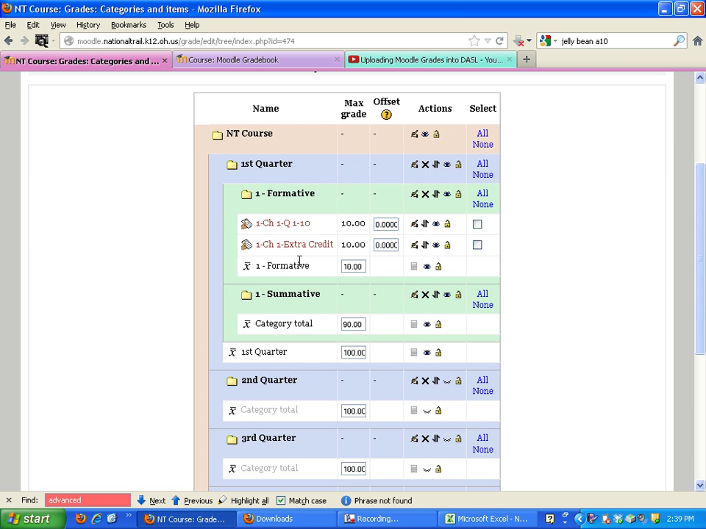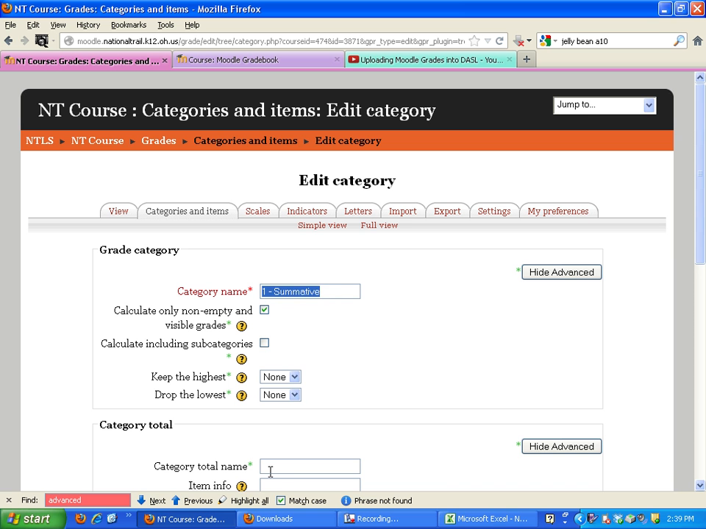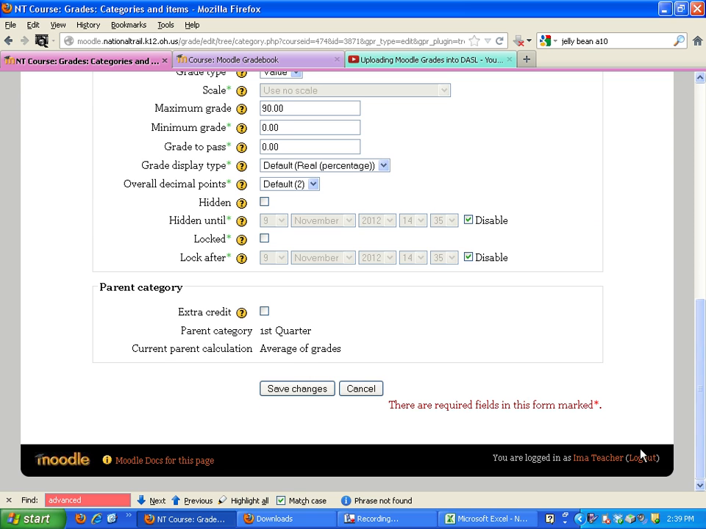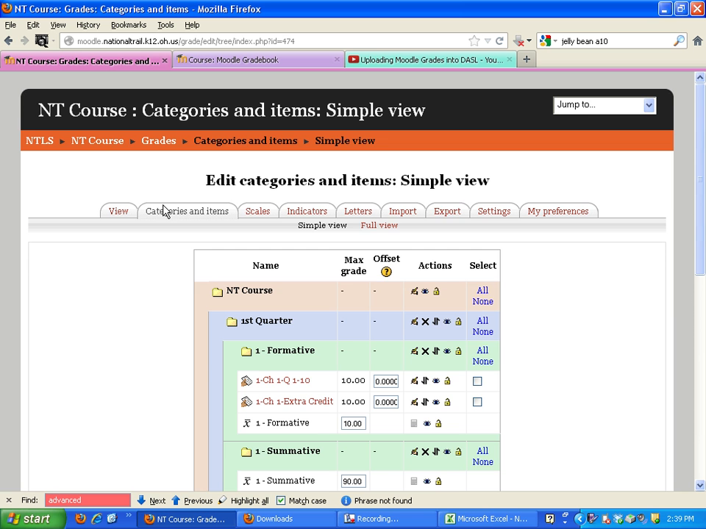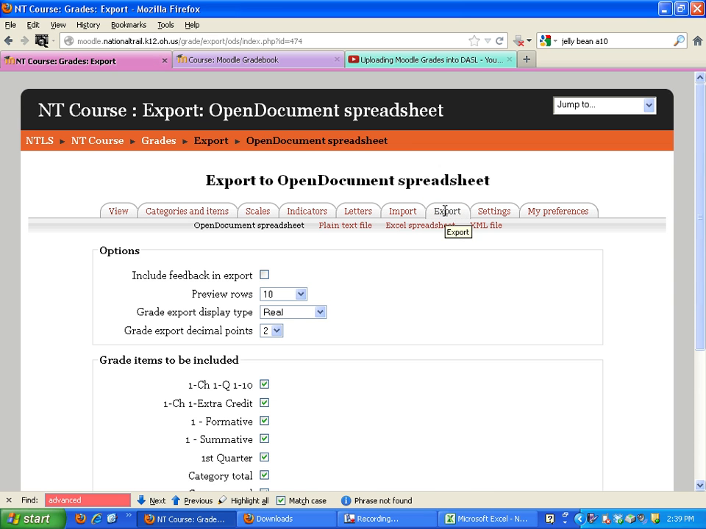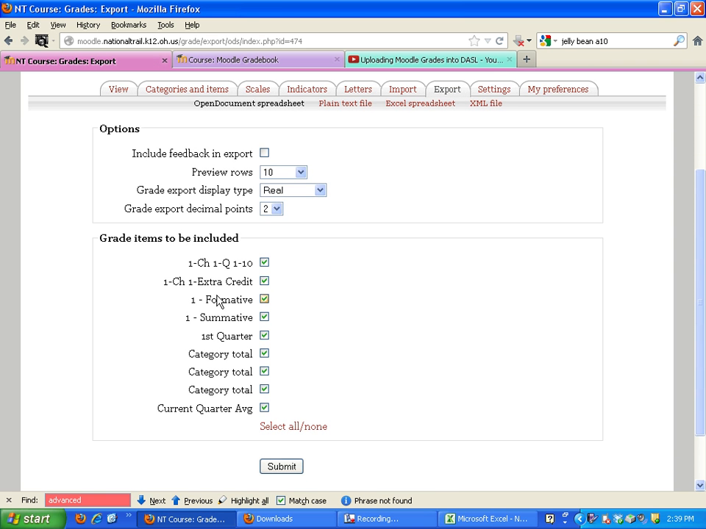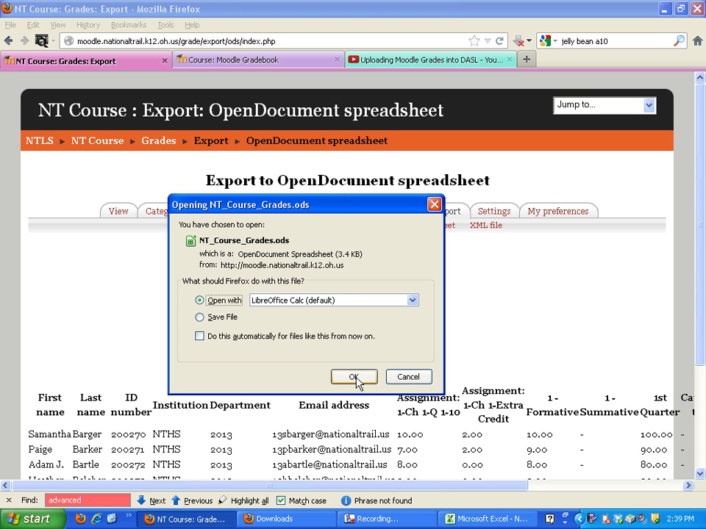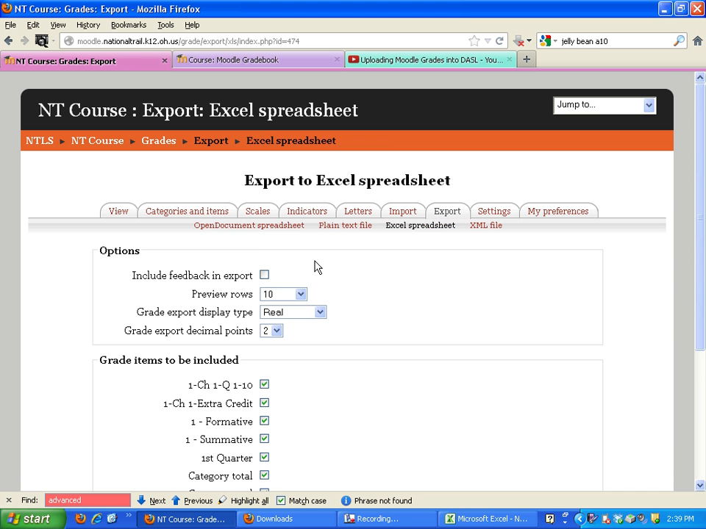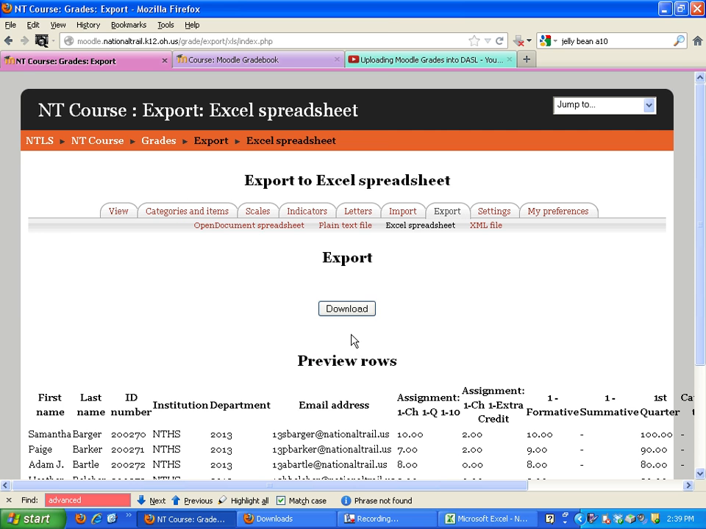And now it says one formative, one formative. It makes it easier for me later on when I export this, and I'll show you what I mean, that it's going to show all that stuff. So now I'm going to hit export, and now you can see the categories instead of just saying category total. And when I download this now, oh, I didn't switch it to an Excel spreadsheet. And now when I download it,